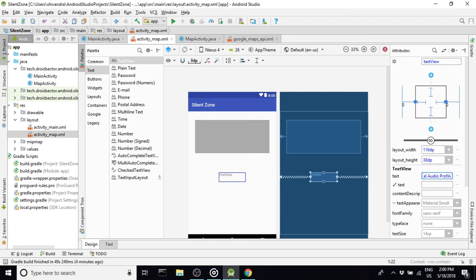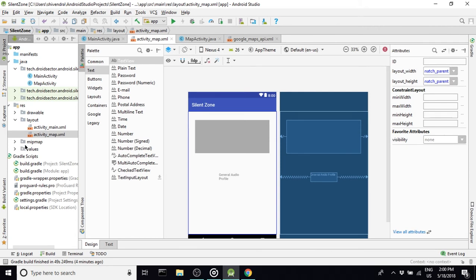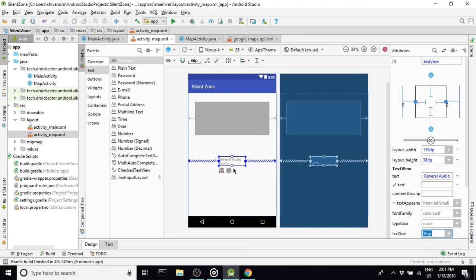right? So now it shows general audio profile, and I'm just hard coding it right now, but when we go on to execute the code, we will be creating a string resource and we will be linking that string resource right here instead of hard coding it. So now we have added a text view stating the current profile,